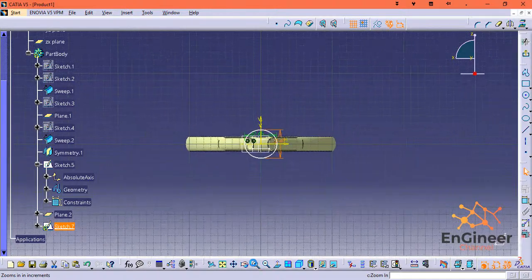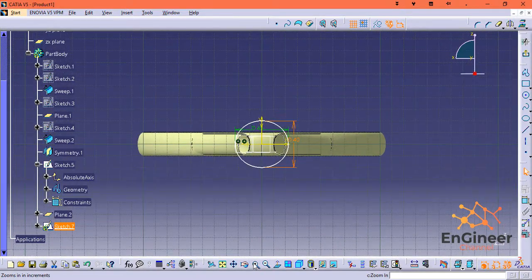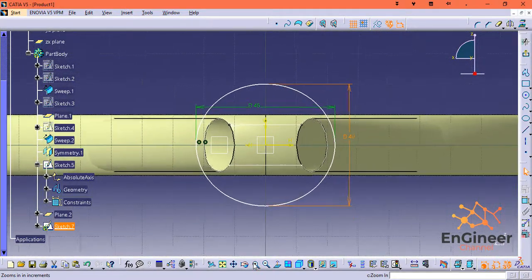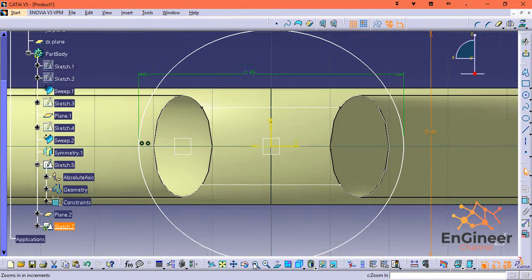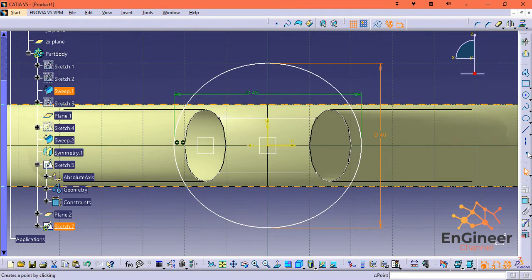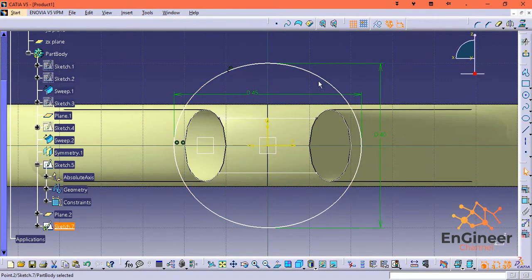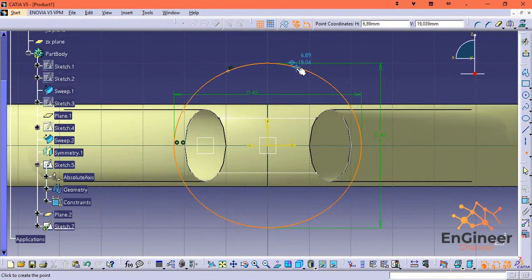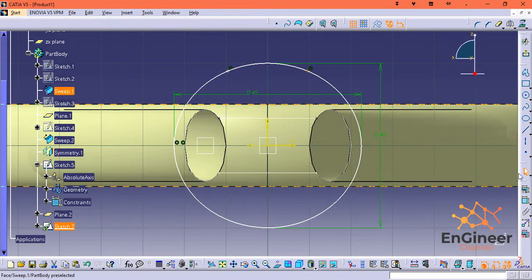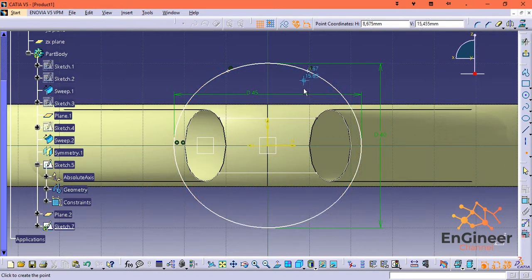Perfect. Now we will create 4 points in the ellipse. Point 1, 2, 3,